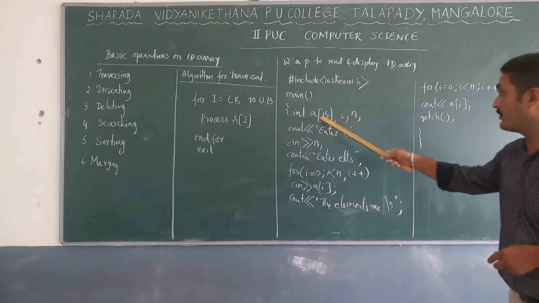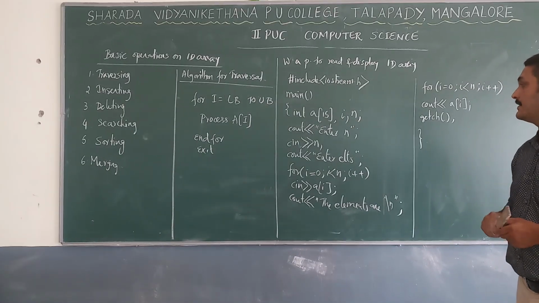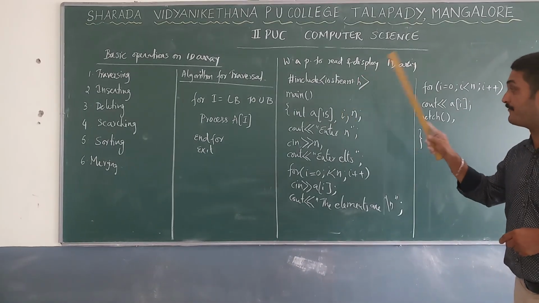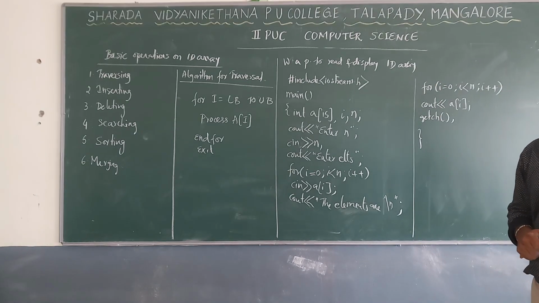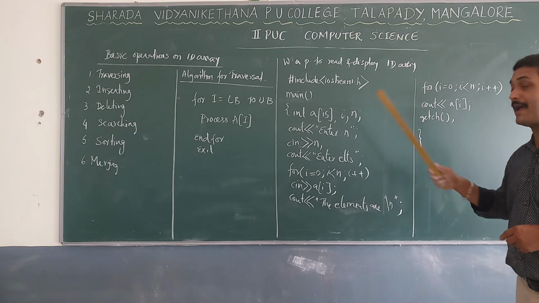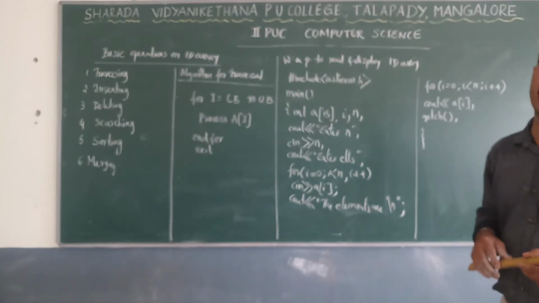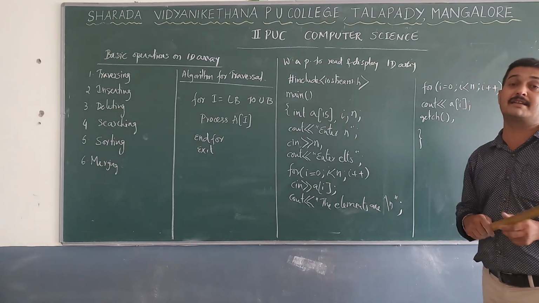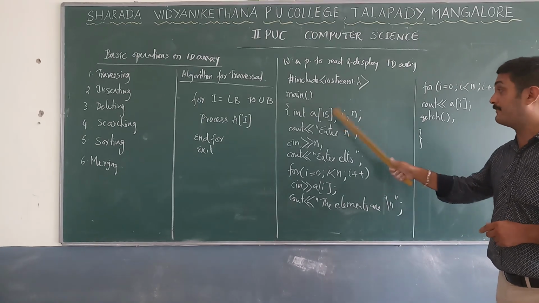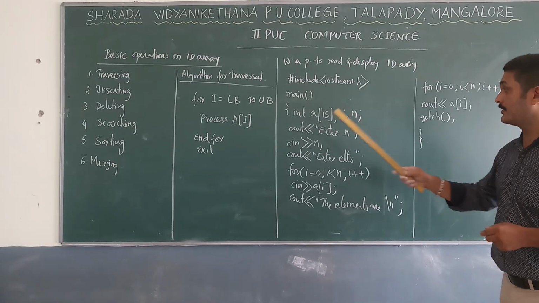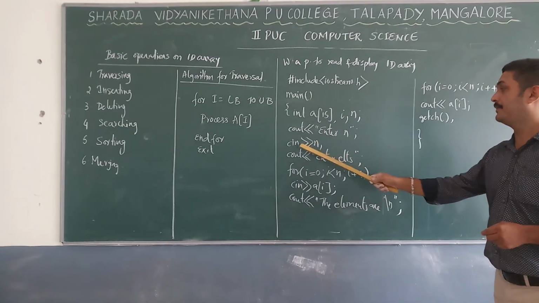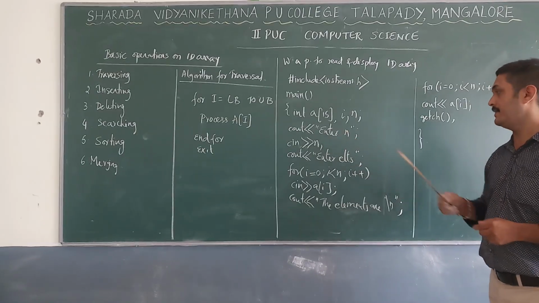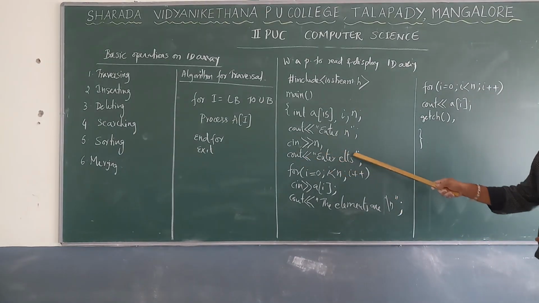See, actually we know that a[15] means we can allocate a total of 15 elements. n means the number of elements that we can allocate here. So maximum elements means a maximum of 15 elements that we can accommodate. More than 15 elements is not possible. So enter n, cin n. Next, cout enter elements, and here